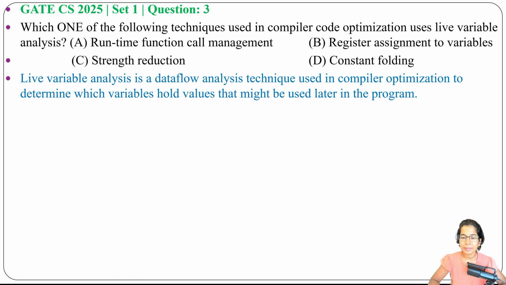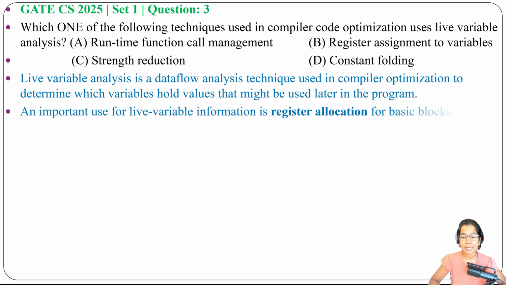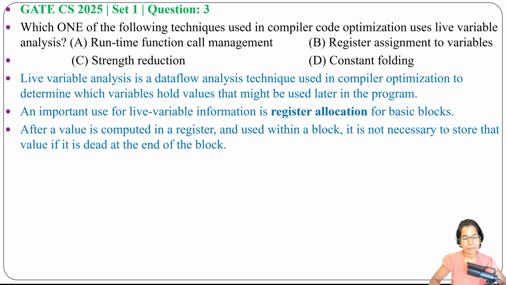An important use of live variable information is register allocation, meaning how we can assign the register depends on the live variable analysis. If one variable is live, we can keep that register. If one variable is dead, meaning it has no use after the block, then we can assign that register to some other variable. After a value is computed in the register and used within a block, it is not necessary to store that value if it is dead at the end of the block. If it is dead, we can free the register, and if it is live, then we can keep that register